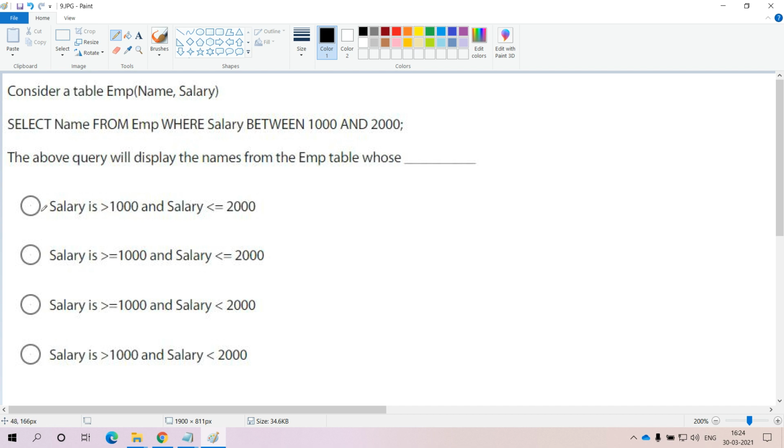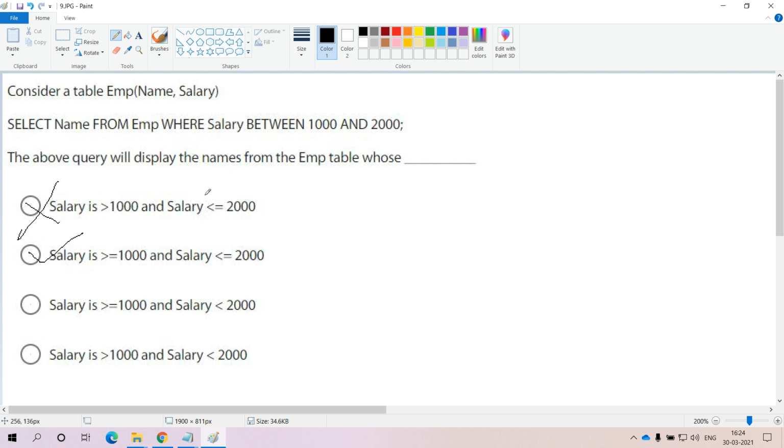So here the first statement is salary is greater than 1000, that means it is not including the 1000, and salary is less than or equal to 2000, it is including the 2000. Less than or equal, that means 2000 is also included in this statement, but we are unable to include the 1000. More than the 1000 value only we are considering here. That is not correct with the help of between. Now come to the next statement. Salary is greater than or equal to 1000, that means we are including the 1000 and above, and salary is less than or equal to 2000, that means the values less than 2000 along with the 2000 also we are considering. It is the right option with the help of between.